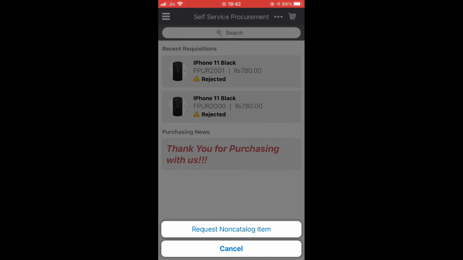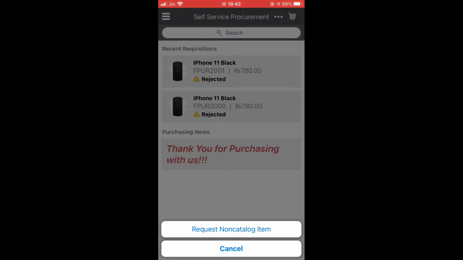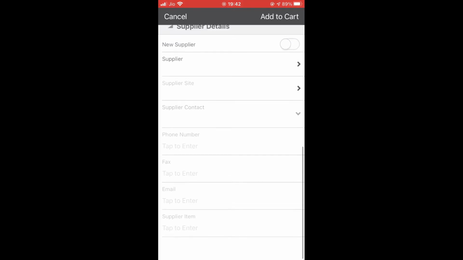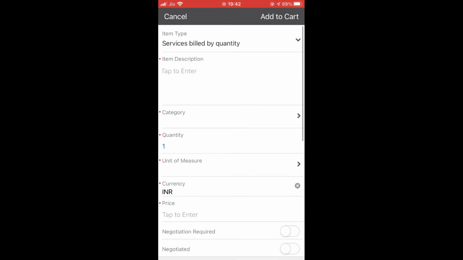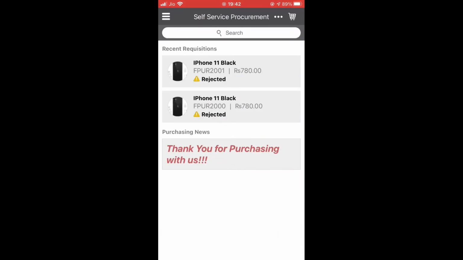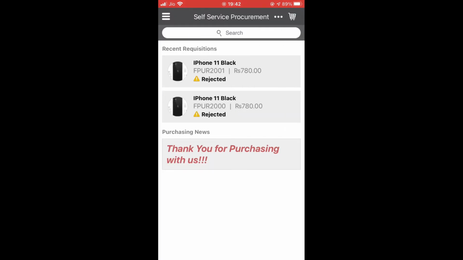If you click on the three dots, you have the options cancel or request non-catalog item. If you click on request non-catalog item, it will prompt a window where you can raise the non-catalog request. This mobile application also supports punch-out requisitions. If you click on the navigator, you can see settings, about and sign out.